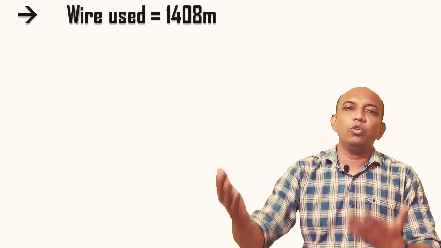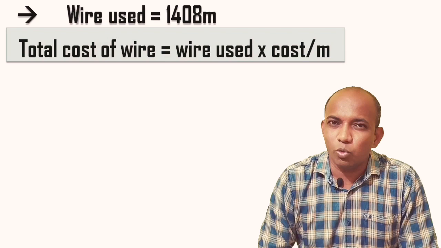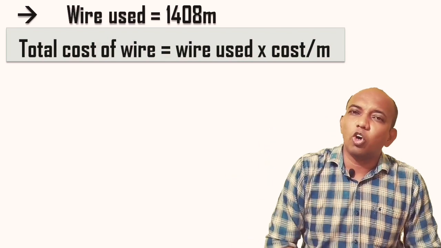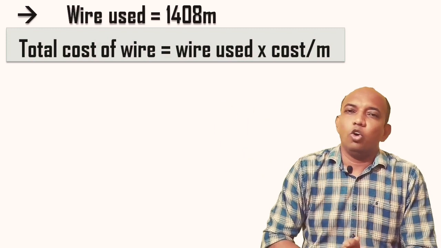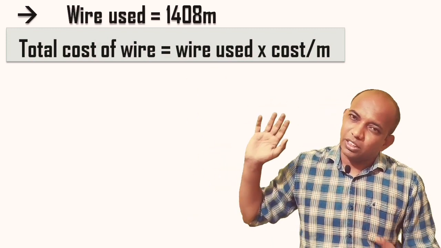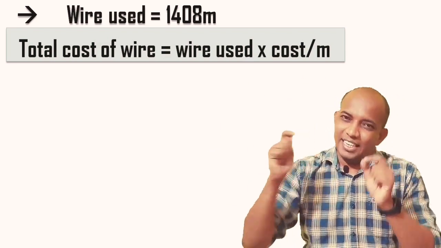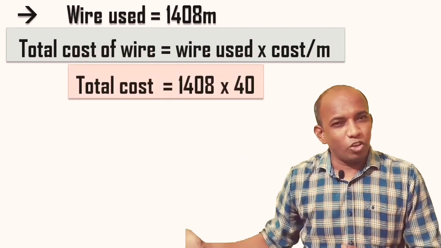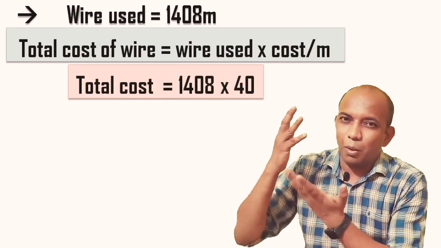Similarly over here, as we know the total length of wire and the cost are given to us, then of course to find the total cost we just have to multiply, right? So the cost of wire utilized is nothing but the total length of wire used times the cost per meter, and that gives the value, yes, 1408 into 40, and of course the product is